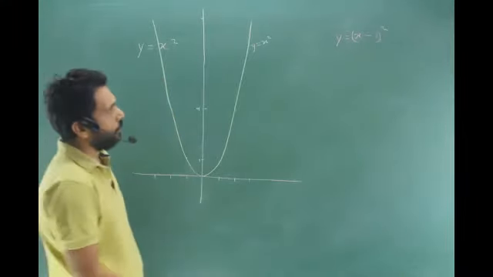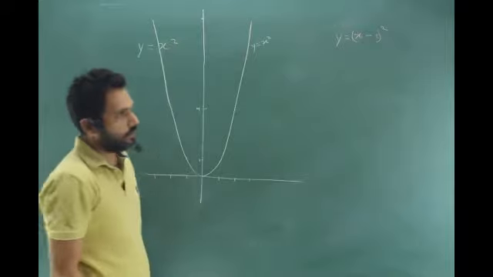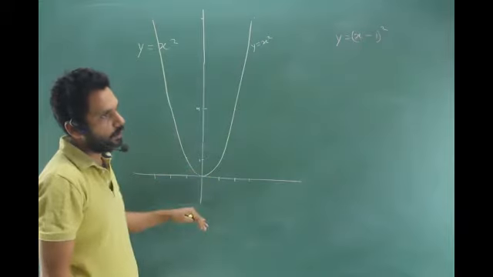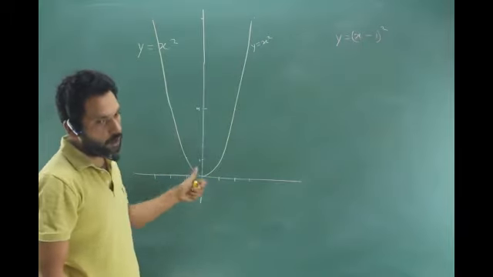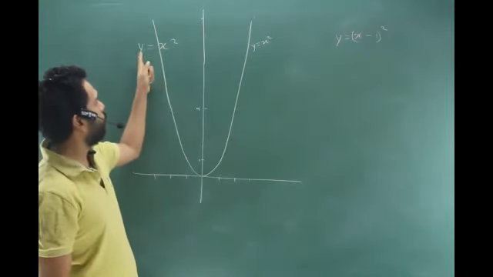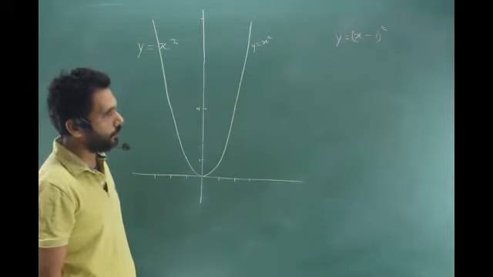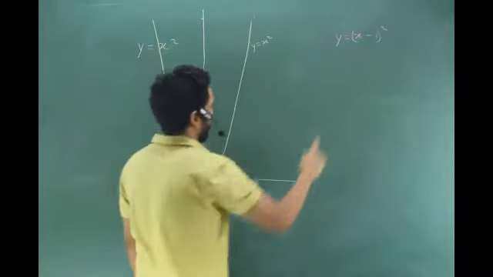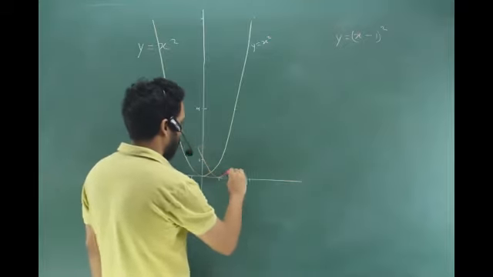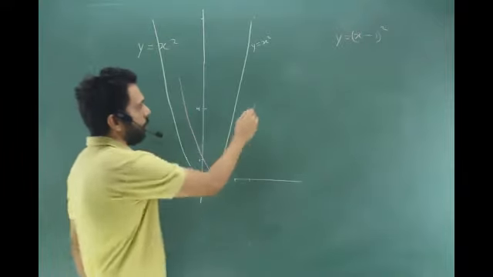Okay, get the point? How? Because we know that instead of x, we have got x minus 1. It's not lifting, it is not going down by 1. When would it have gone down by 1? When the 1 was outside the bracket. So if it was y is equal to x square minus 1, then it would have gone down by 1, right? So this goes to the right by 1 and the graph looks like this. That is how the pink graph will look.